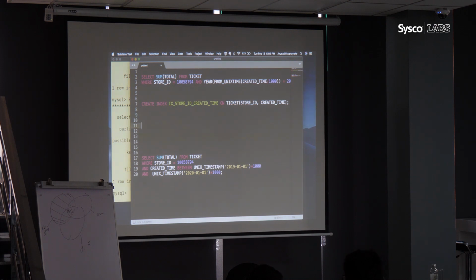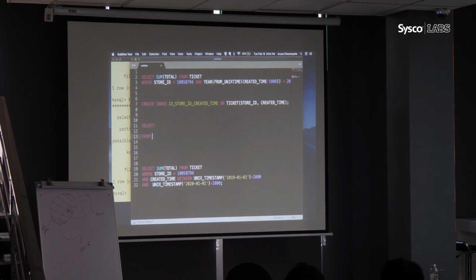What is the first data set? It is all this stuff. Simple. The first data set is done.